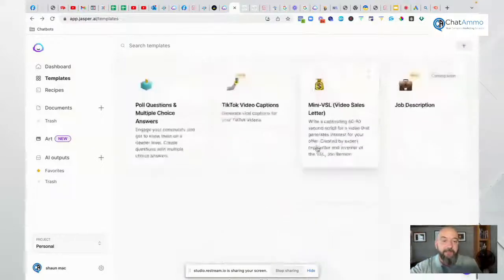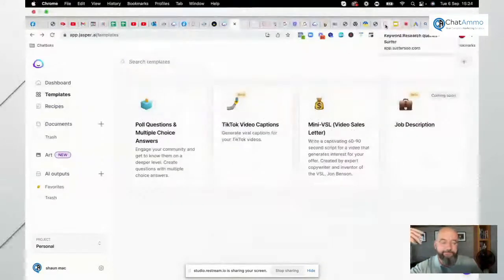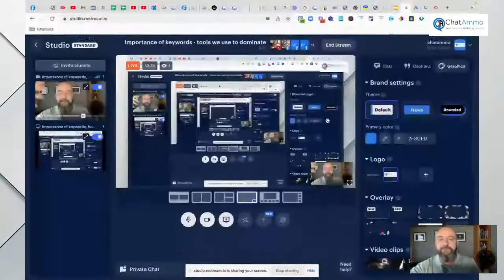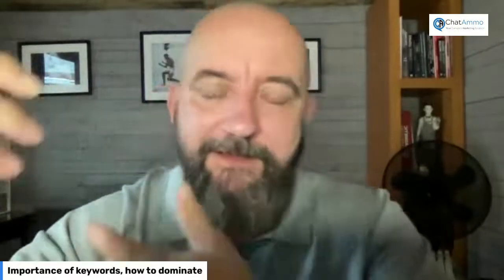Now I use this along with Surfer SEO. And even though that does sound quite pricey, and it can be quite pricey, it works out around about $200 per month with the two options that I've got. Now, they don't need to be that expensive. But I pay around about $200 per month. I pay them yearly. What that means is that once I've paid for that, I can then create a load of blog posts, my landing pages, all the rest of it, my YouTube videos, things such as this. And it's going to help me go out and get more sales. So it well and truly covers itself at $200. And that's not including all my various landing pages and things that I do from it as well, and my emails and all this other stuff.